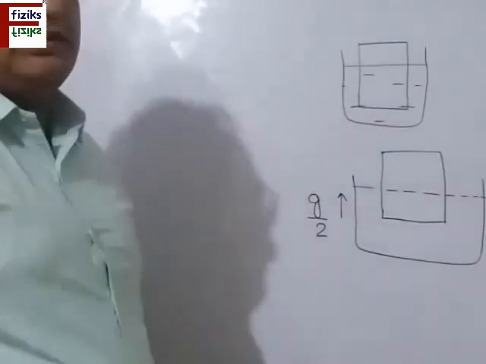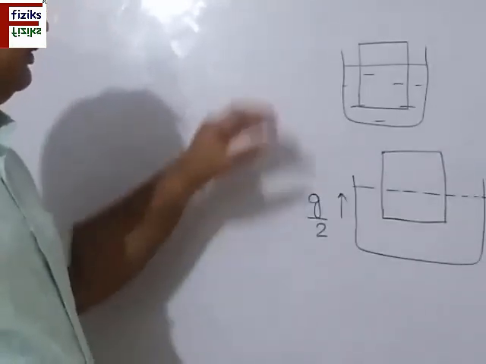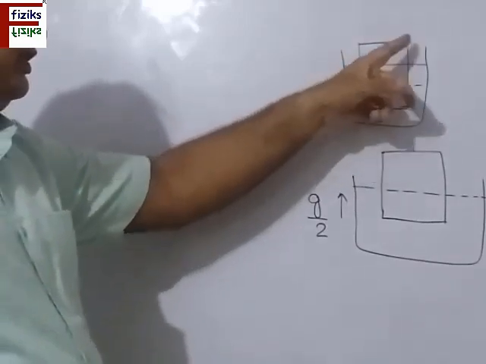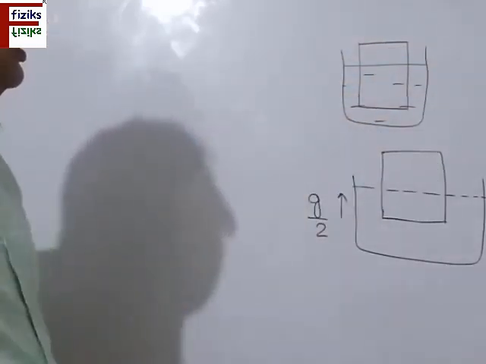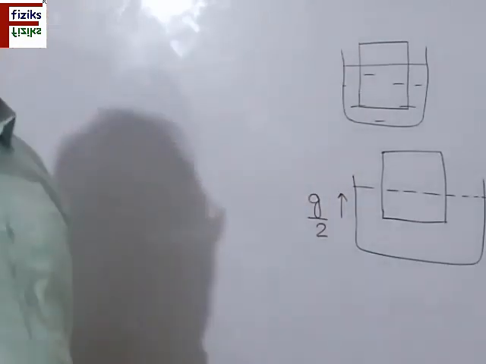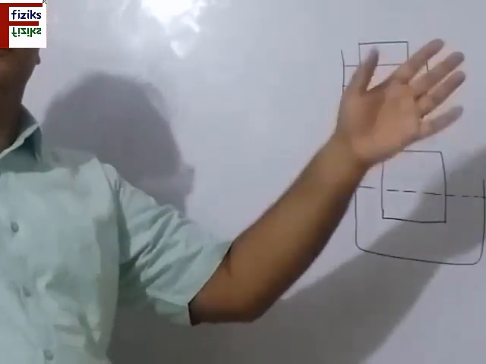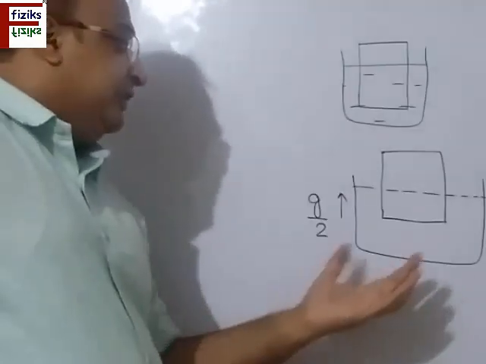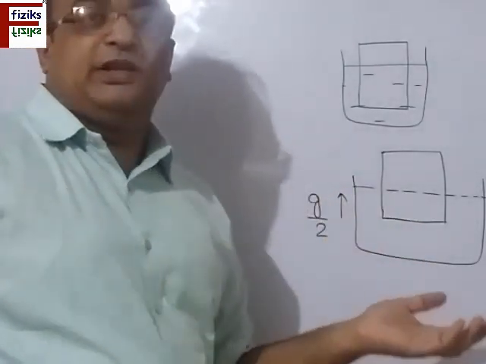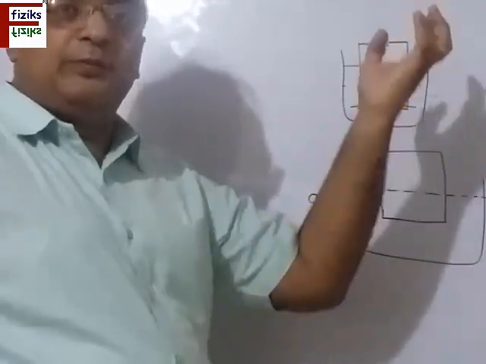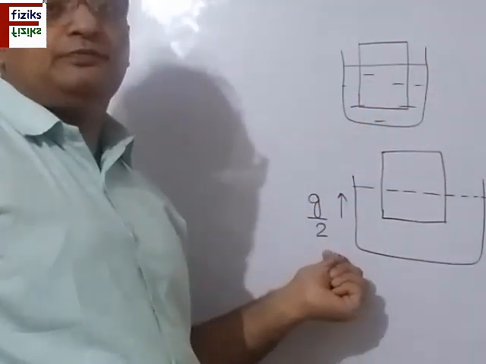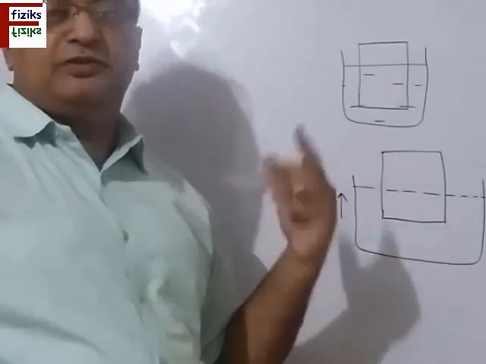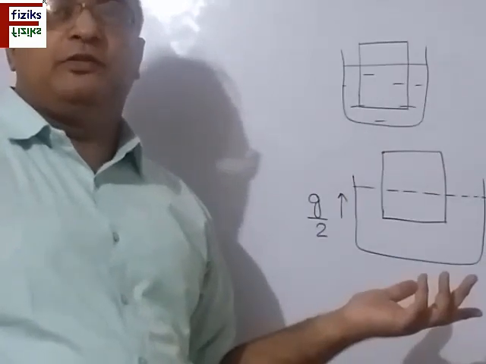So this question is related to the Archimedes' principle. We have a wooden block which is kept immersed partially in water inside the beaker, such that 40% of its volume is outside water, 60% is immersed. This is the first case. And when this entire system is kept in a lift, the lift is moving up with an acceleration of g by 2. Then what will be the portion which will be outside water and what will be the portion which will be inside the water? This we have to find.